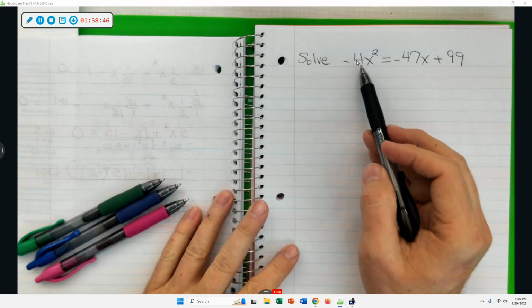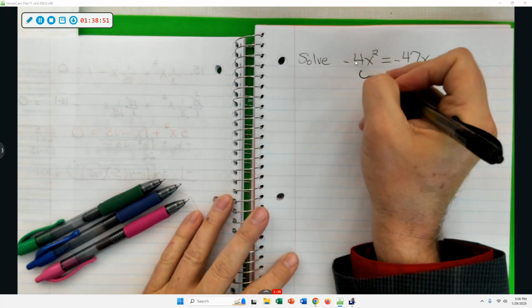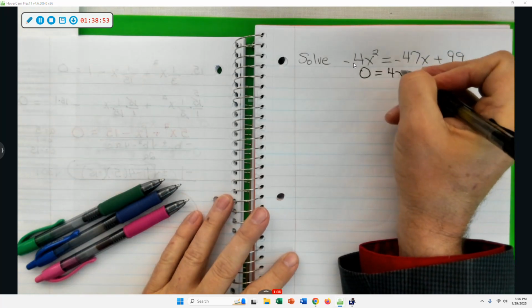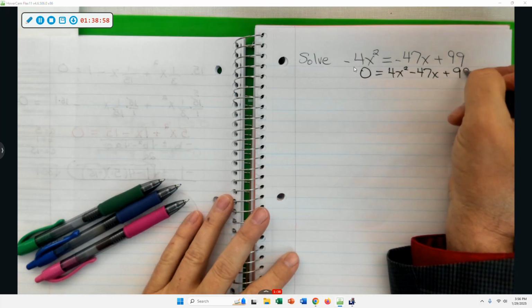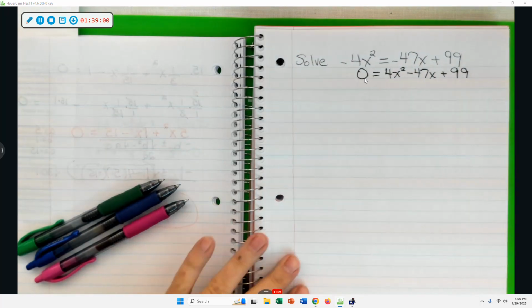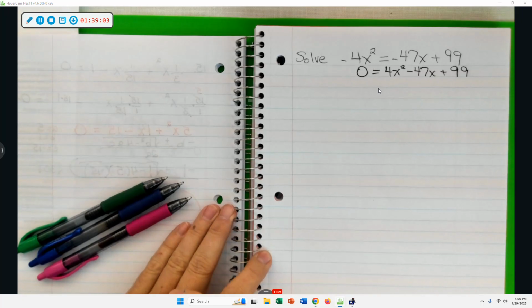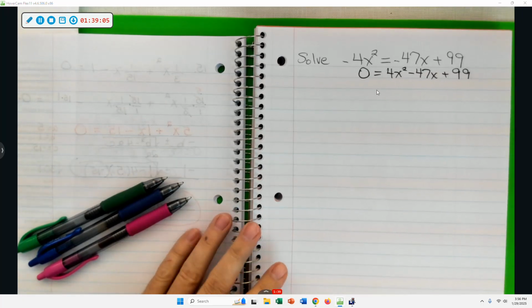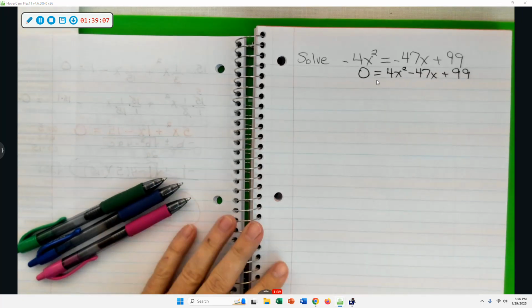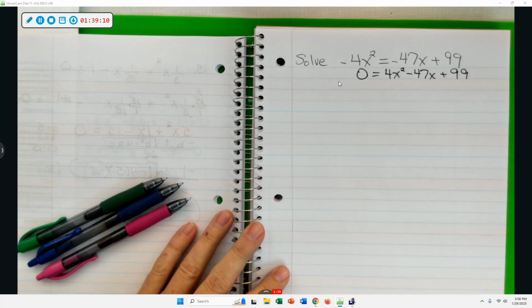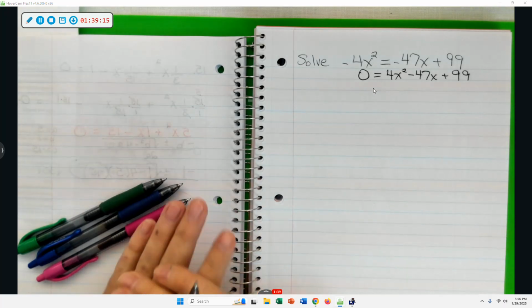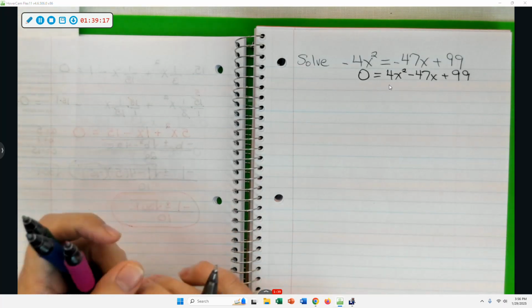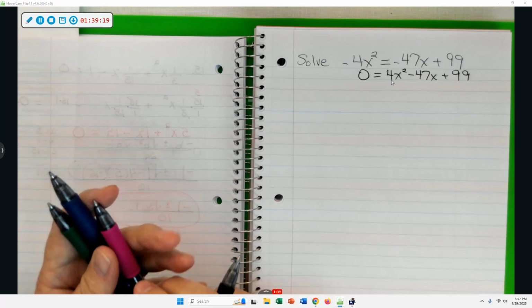I want that a value to be positive or negative? Positive. Okay. So moving it over. And this problem popped up last semester during the square root equations that we're going to be doing the next time. And the instructions didn't say solve using the quadratic formula. So it can be factored, but